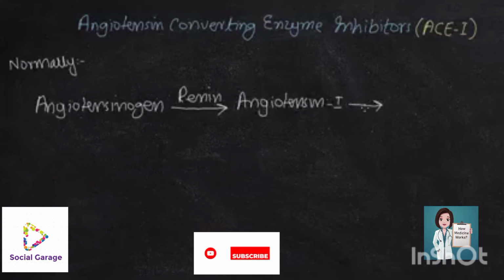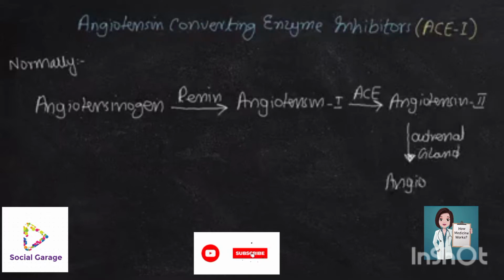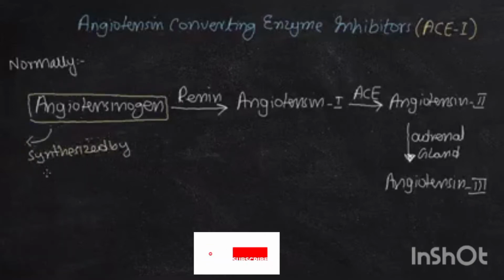Consider this flow chart which I'm going to mention over here. We have angiotensinogen, which is converted into angiotensin 1 by the enzyme renin. Then angiotensin 1 is converted into angiotensin 2 by the enzyme ACE, angiotensin converting enzyme. Then angiotensin 2, with the help of the adrenal gland, is converted into angiotensin 3. Angiotensinogen is synthesized by the liver, which is then taken up by the